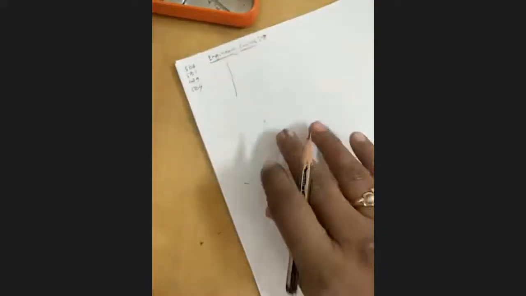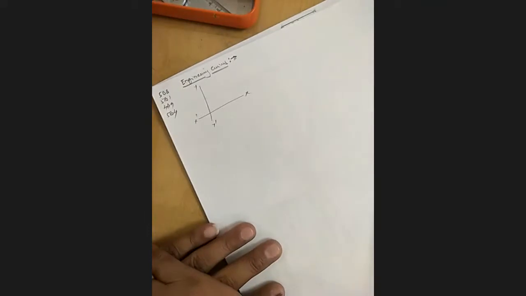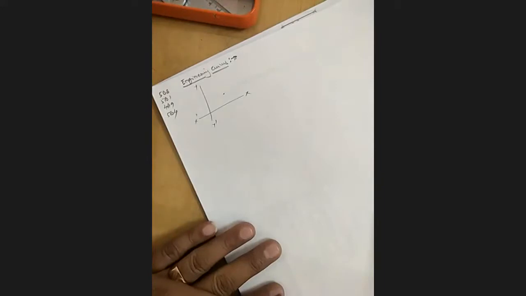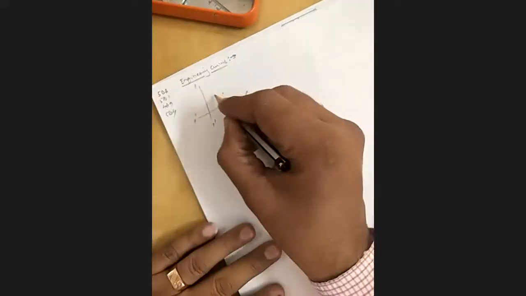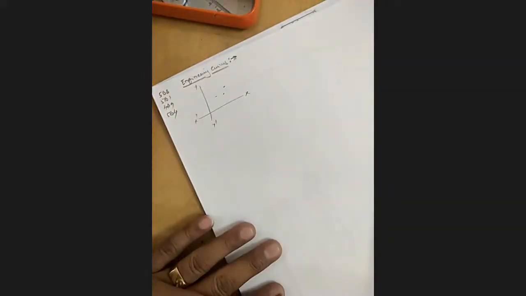You draw on graph. Yes, sir. Very good. You take an x-axis, y-axis, right? Can you draw a curve by a point? No, sir. Why? Can you draw a curve by 2 points? Yes, sir. Okay. Can you name that curve?